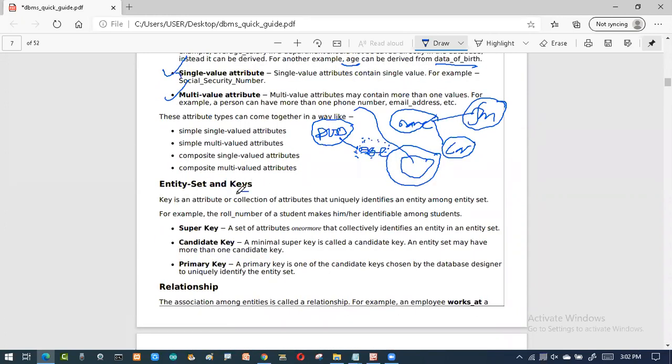So the next topic is about keys. Here you have to listen carefully. Don't go here and there, because this is very important. We have something called a super key, a candidate key, and a primary key. Now it's a very important one. How will we use it? That means I have data, this is the picture. Seeing this picture, I'm trying to design the database using my MySQL software. When I'm going for that, I should be very careful about what kind of data it is going to hold.